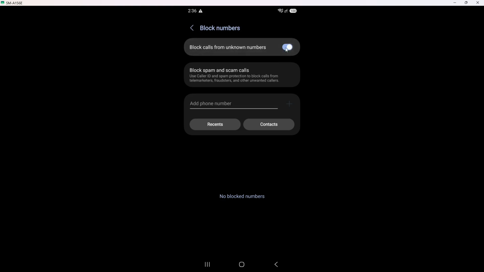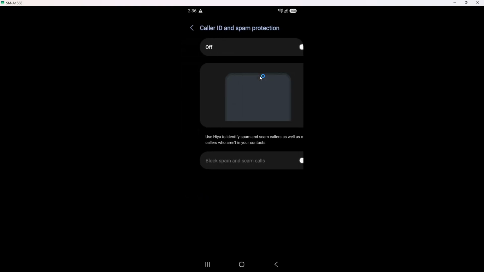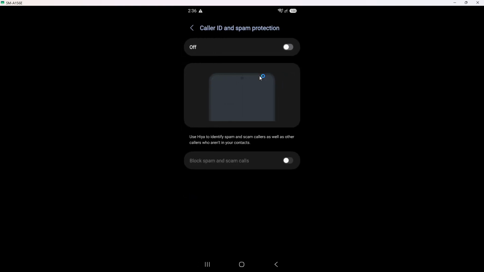If you recognize the number that should be sending your code and it appears here, remove it from the blocked list so messages from it are allowed again. On many verification systems, the sender number stays the same every time, so once it is unblocked, future codes should arrive as normal. After you adjust this, try requesting a new verification code and watch for a fresh message to appear in your messaging app. You have now checked and cleared your Samsung blocked numbers so verification codes can reach you again.